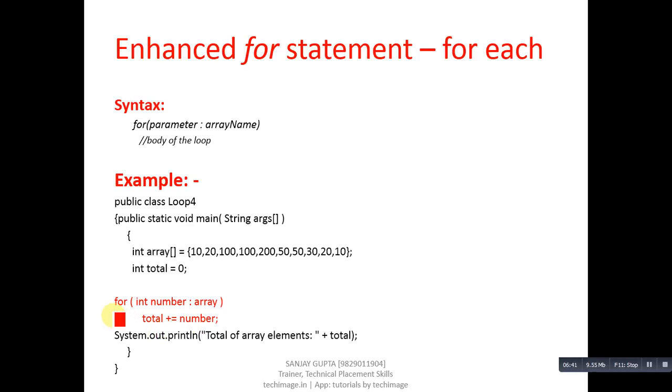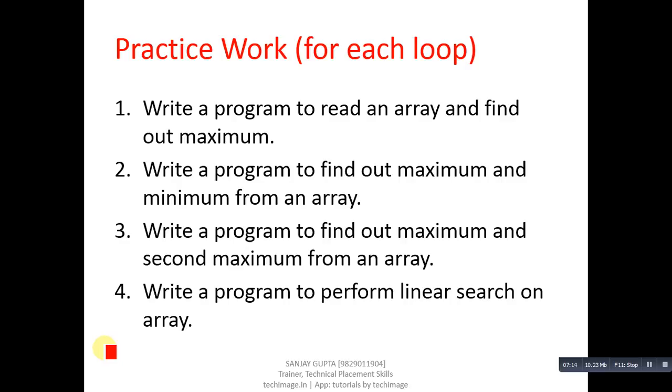In for loop, we have to mention initialization, condition, and increment, decrement. But in this for each loop, I have not mentioned initialization, condition, and increment, decrement. So this for each loop is particularly for accessing elements of array, so that we do not have to mention condition and other statements which are required with for loop. So you can use for each loop while you are using array, or you are implementing program based on arrays.